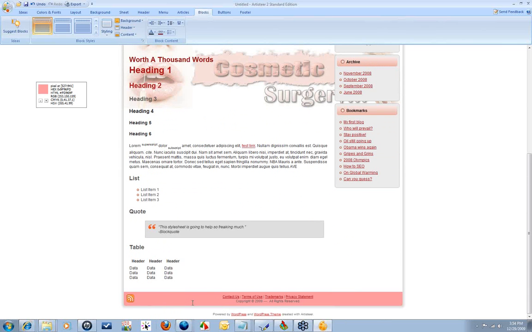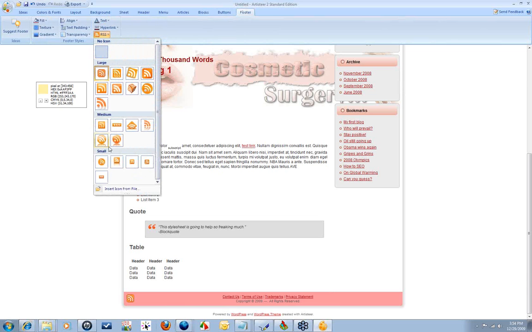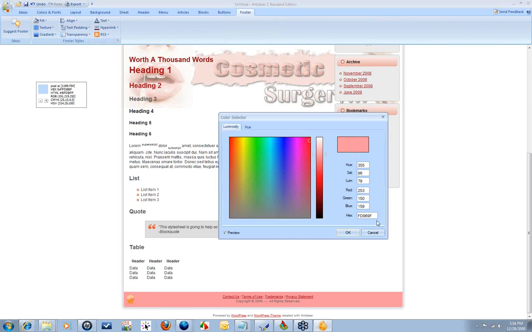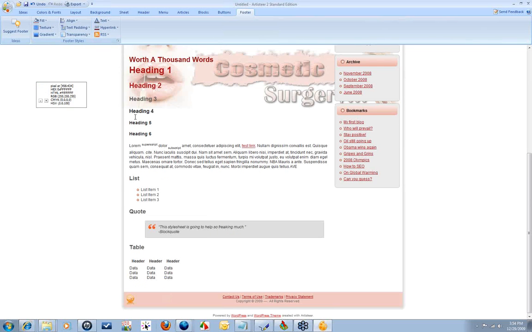Okay, now this pink or whatever this color is down here at the bottom, we want to change the footer. So we go into the footer, pick one of our RSS colors, or icons, and we want to make that the same color. It's strictly up to you, whatever you want to do. You can make it the same color or just completely drop it out. Now add a little bit of transparency to it,